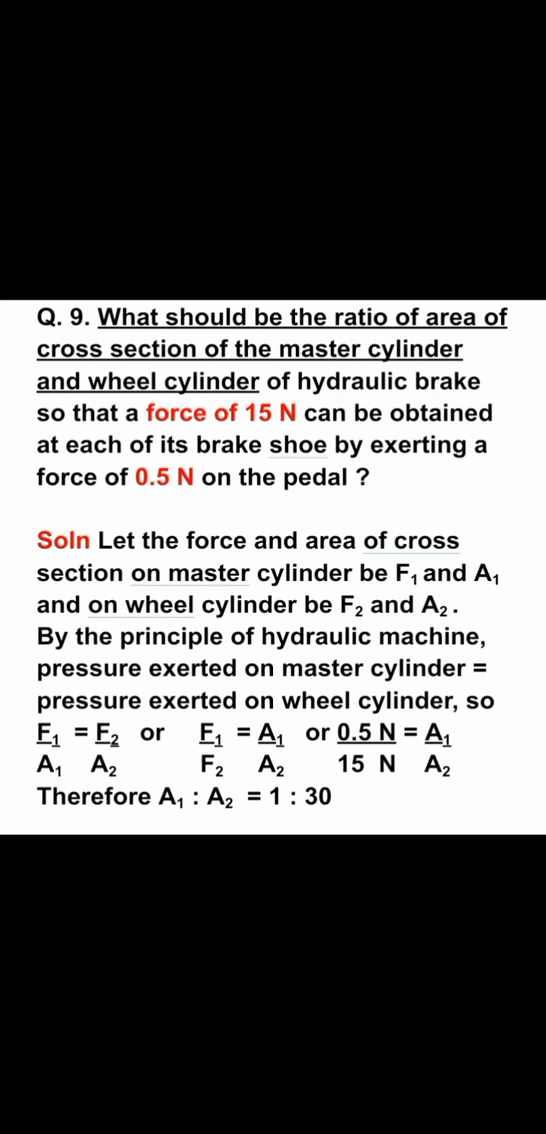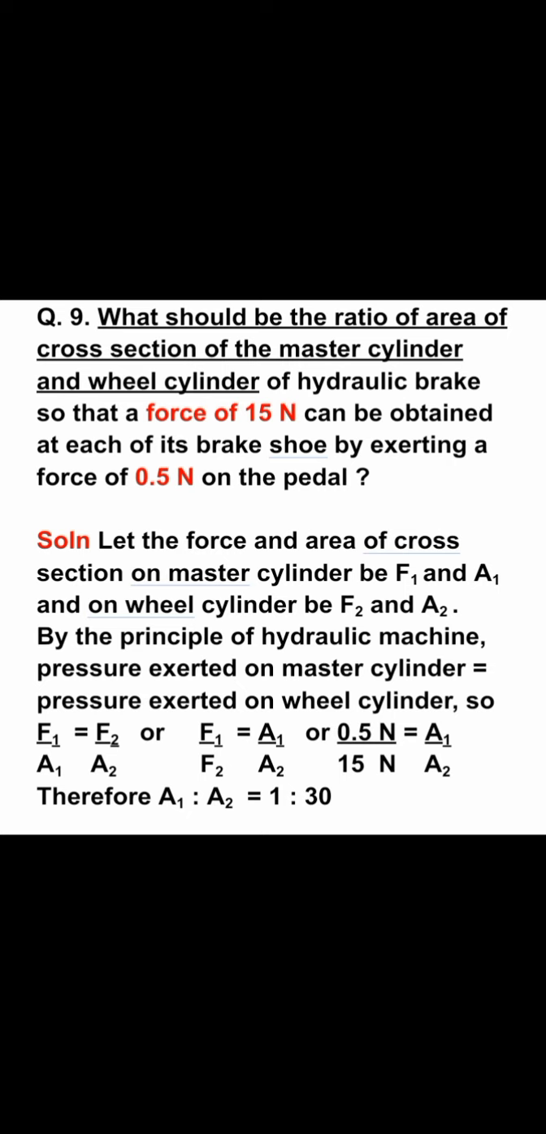The question is, what should be the ratio of area of cross section of the master cylinder and wheel cylinder of a hydraulic brake so that a force of 15 Newton can be obtained at each of its brake shoe by exerting a force of 0.5 Newton on the pedal? Whenever you study the hydraulic brake, you will find that there are two cylinders. One is the master cylinder